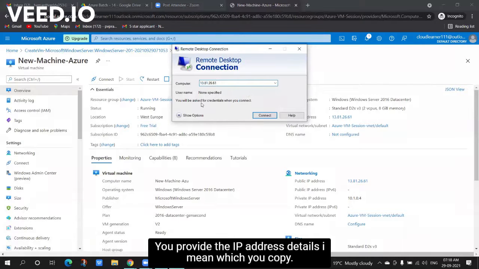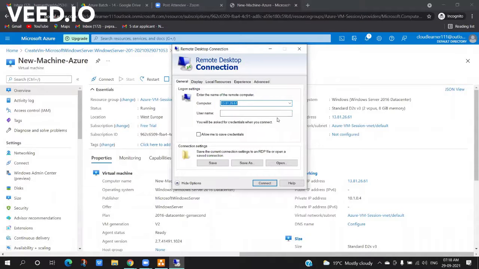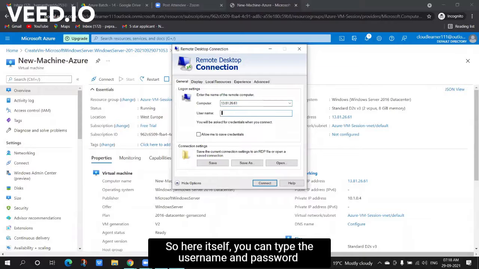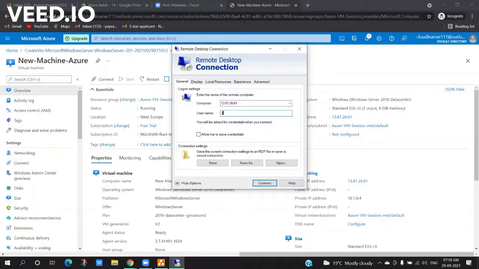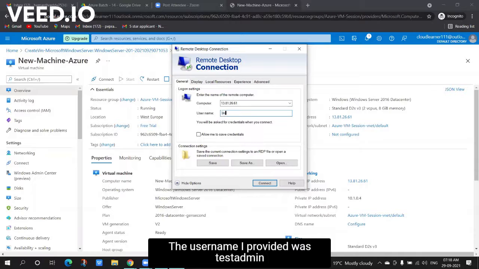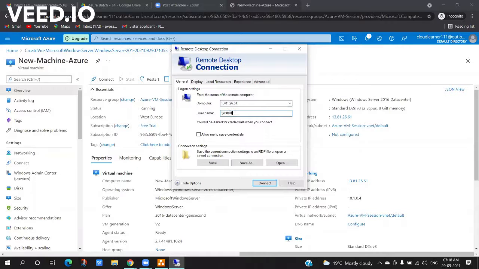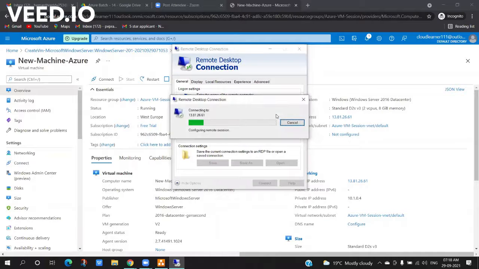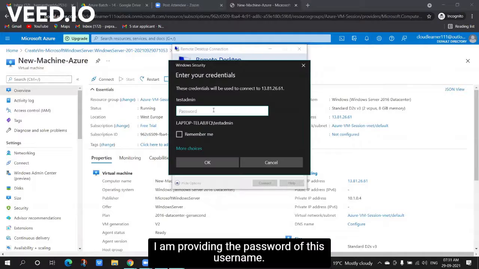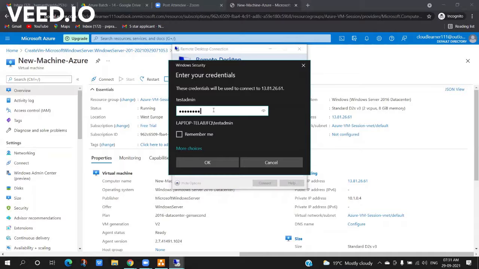You provide the IP address details which you copied. Here itself, you can type the username and password which you provided. The username I provided was test admin. I am providing the password of this username.